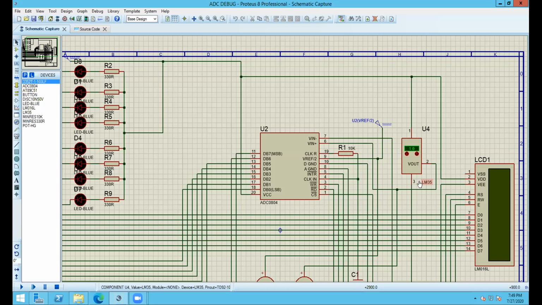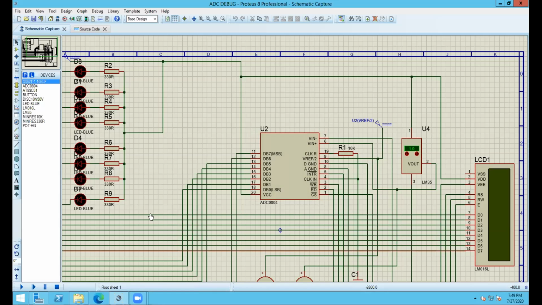Yes, sir. Okay. So we are considering the output of this IC into the Vin plus, that is the pin 6 of the ADC 0804. And as an output of the ADC, we are having an 8-bit decimal number. It's from DB0 to DB7. The pins are 11 to 18 in reverse order. I mean, pin 18 will give you the least significant bit, whereas pin 11 will give you the most significant bit.